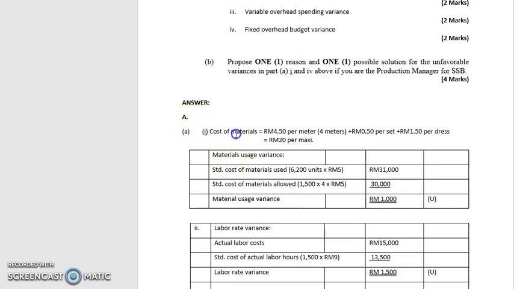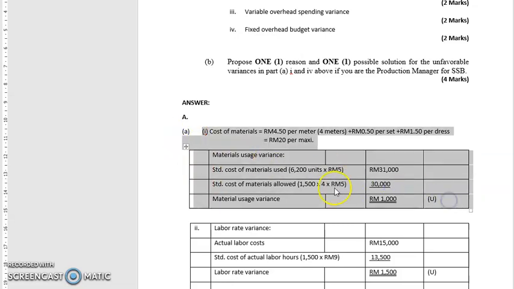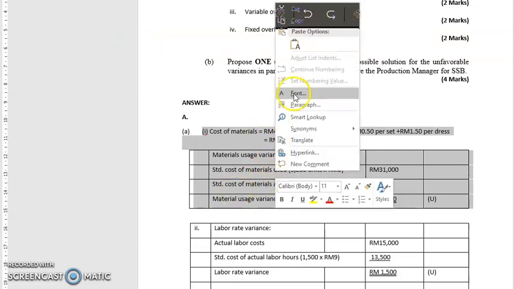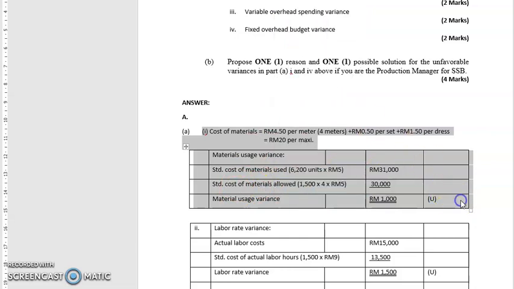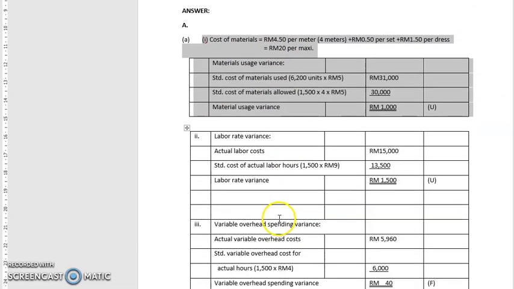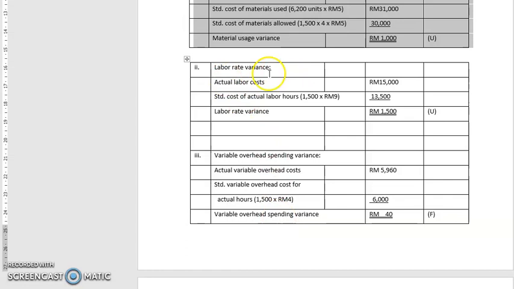Okay guys, actually for this first question, we won't attempt this question because this question has lots of problems. Okay, there are so many mistakes from the information about calculating the cost of material, so we won't do this. Okay, so go next to the labor rate variance, actual labor cost,